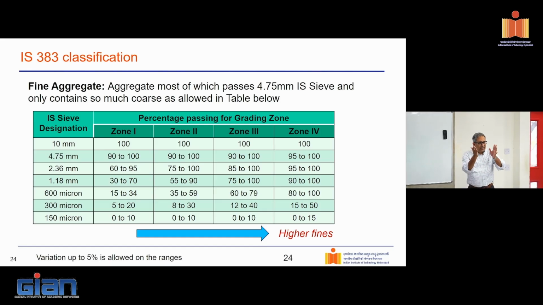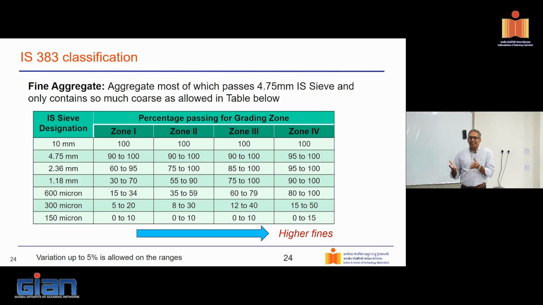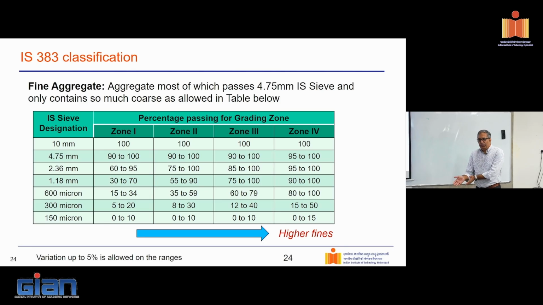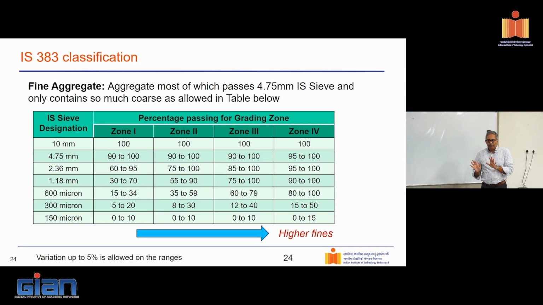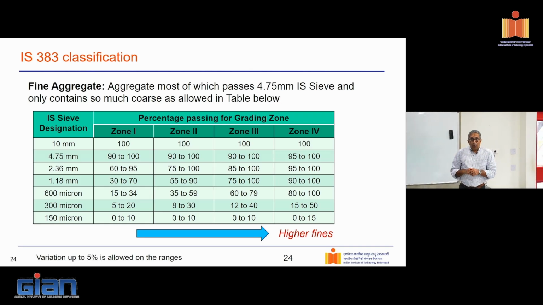I cannot really precisely control how I'm crushing it. The second thing is the origin of fine aggregate. It started as naturally available sand, in which case I had no control over the size. Whatever I got naturally, whatever size distribution was available, I used it. So in that case, it was convenient to basically put it into one of these zones, right? Now, why these zones are important, I'll explain in the next few slides.